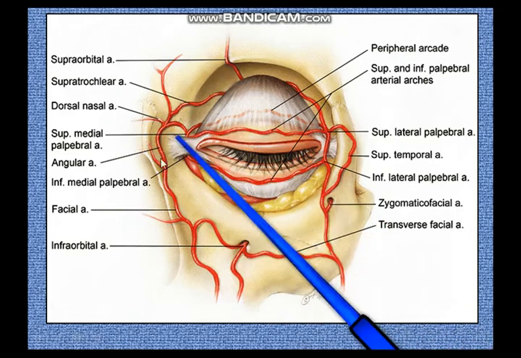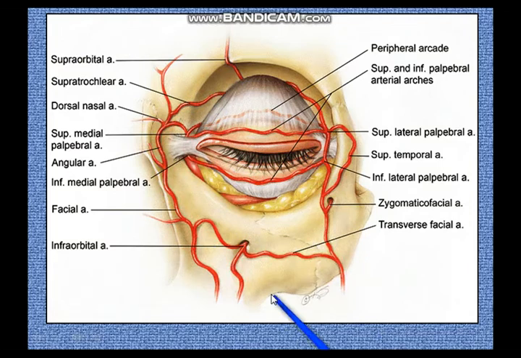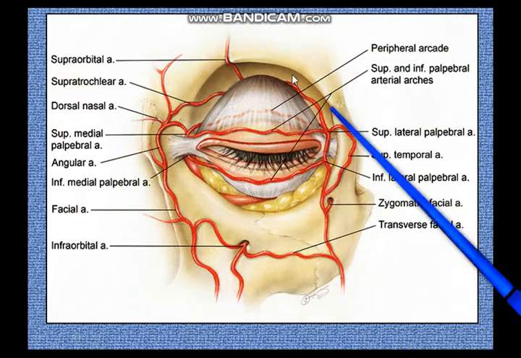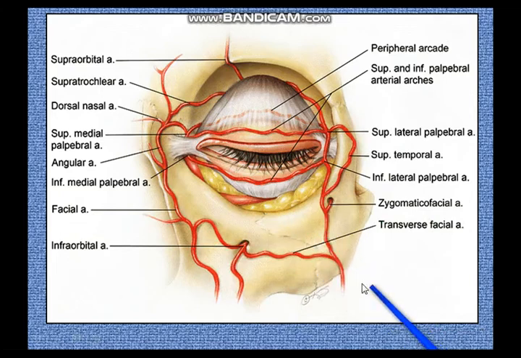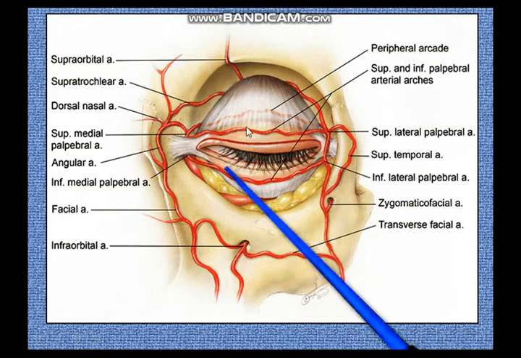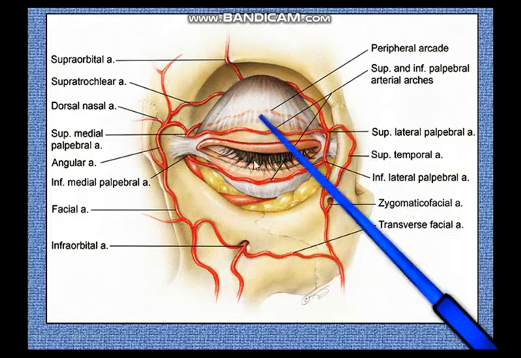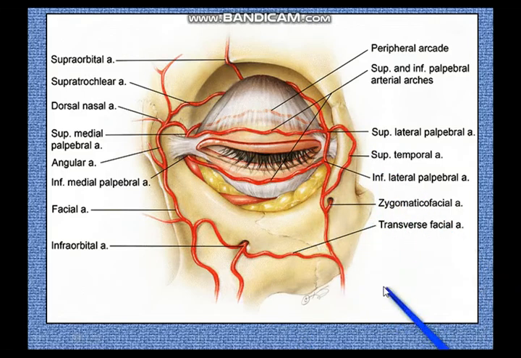The medial half of the eyelids, they go into the submandibular lymph nodes in the digastric triangle, and the lateral half of the eyelids, they go into the preauricular parotid group of lymph nodes. So the medial part of the eyelids going into the submandibular lymph node, the lateral part of the eyelids going into the preauricular parotid group of lymph nodes.